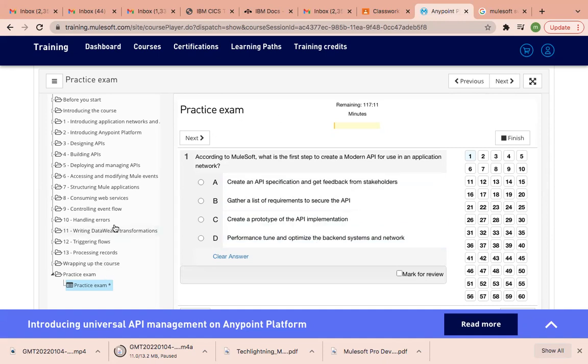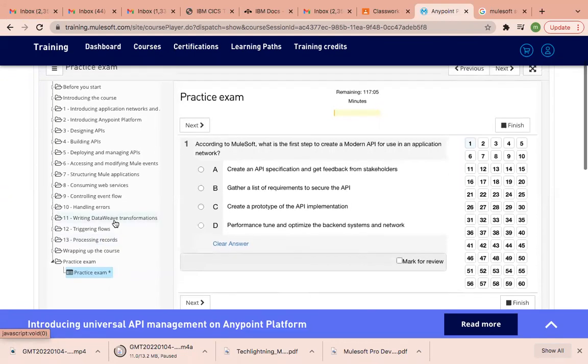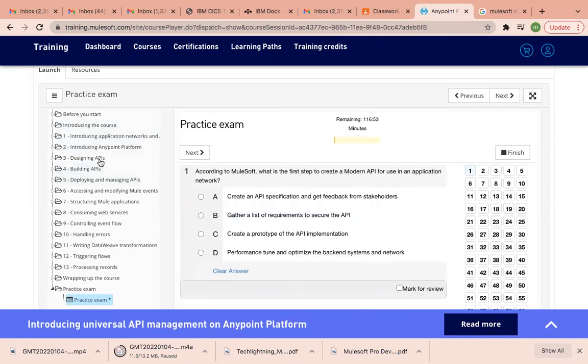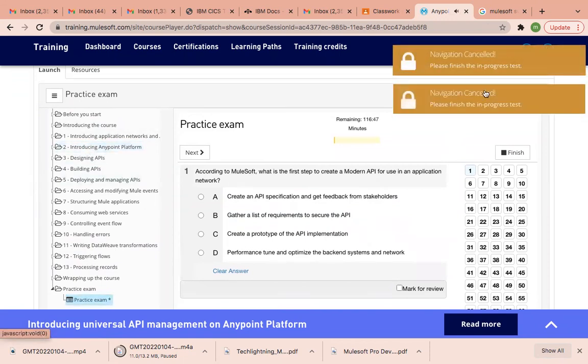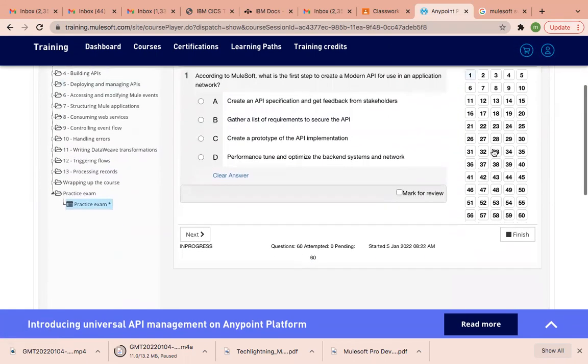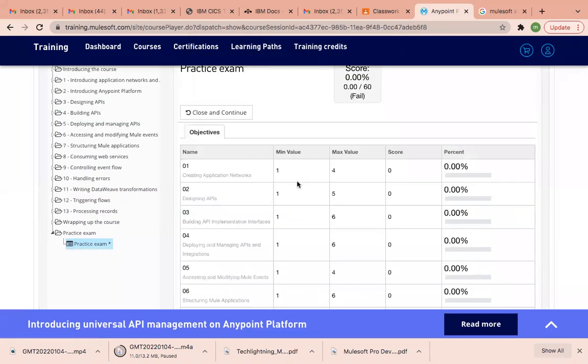Yes. So for example, sir, open the designing API module, which we did recently in the last call. Can we get how the questions are coming? Here I already opened it, right? This one. Very good. Step one. But this question is tough, actually, based on our last two classes, the design. Let me open this. Oh my God. Navigation cancel. Okay, let me finish this. It will show fail. Say he got a score of 0.